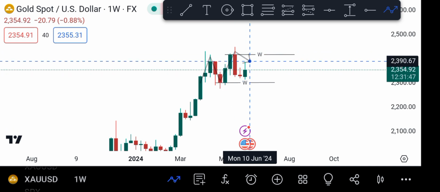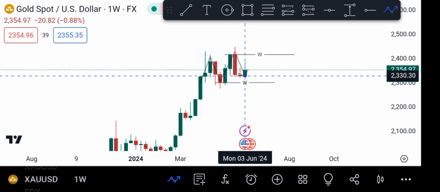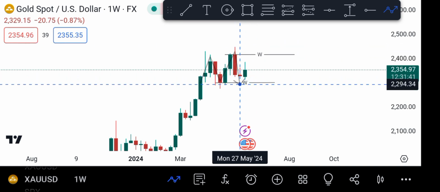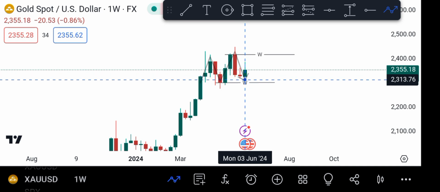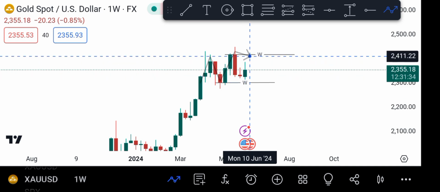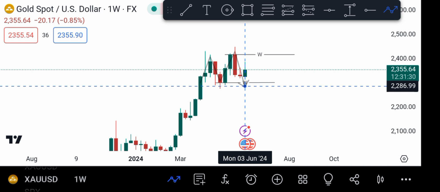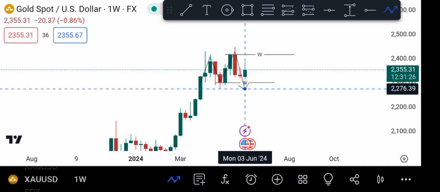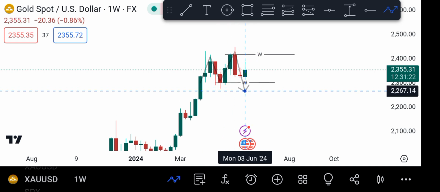Now it's either bounce off this same zone, continuing the pattern, or it breaks this zone and holds off. You understand? If it breaks this zone and closes below it, then continues downward,